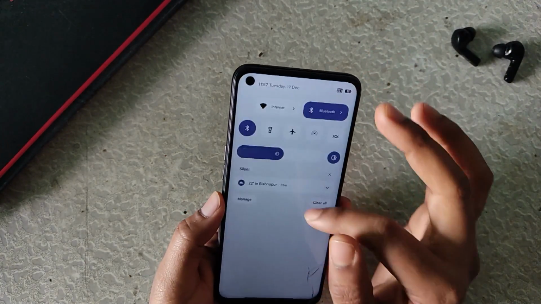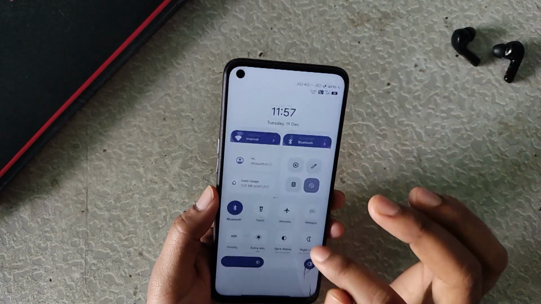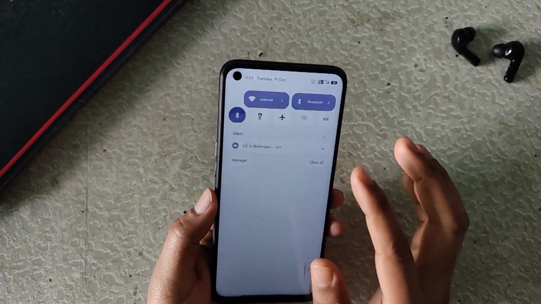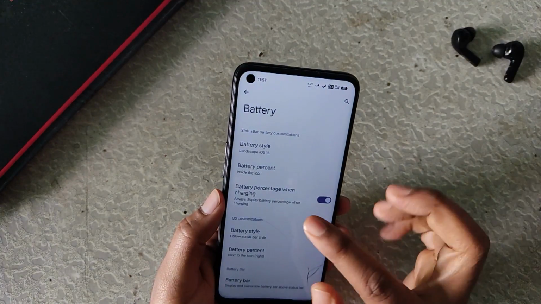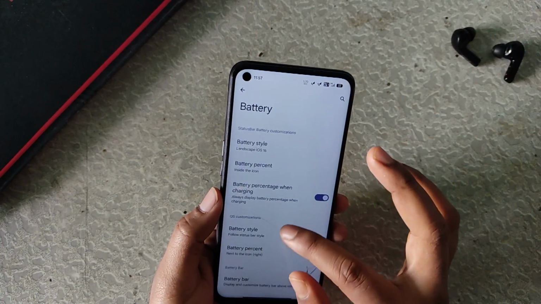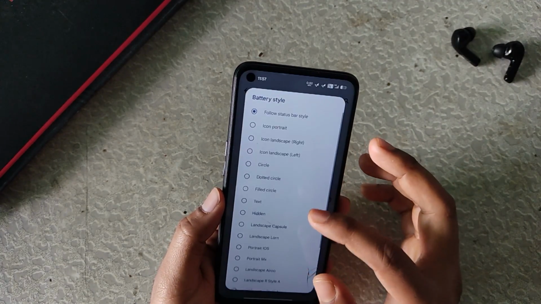And you can see whenever I pull down the quick setting panel, it always lags. So this is quite disappointing if you are using this ROM. Now in battery, you get the battery percentage when charging, battery style, battery percentage, and in battery percentage you get